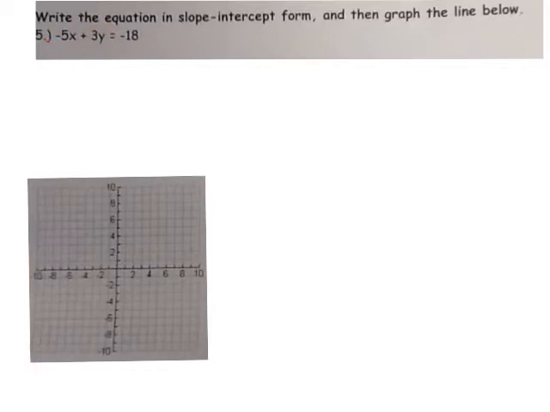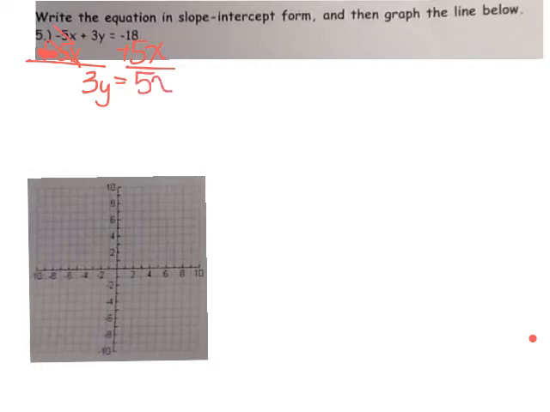So we need to get the y alone. The first step to getting y alone is we need to add 5x to both sides. Sorry, I was trying to adjust my pen there. Negative 5x can be canceled with its additive inverse, positive 5x. So that can cancel, and I bring down my result, 3y is equal to, we do not have like terms